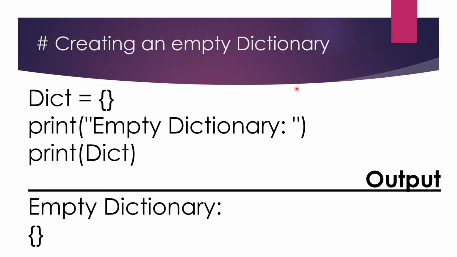Now, creating an empty dictionary. How can we create an empty dictionary? Here is a program showing how we can create it. So dictionary, here inside this there will be empty, then print empty dictionary, print dictionary. As you can see here, print is written, so first it will print the text. As you can see in the output, the text is there, and then it is written print dictionary. So whatever is stored in the dictionary variable will be printed out. As you can see, this is printed.